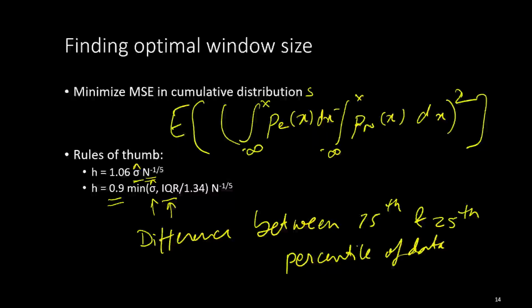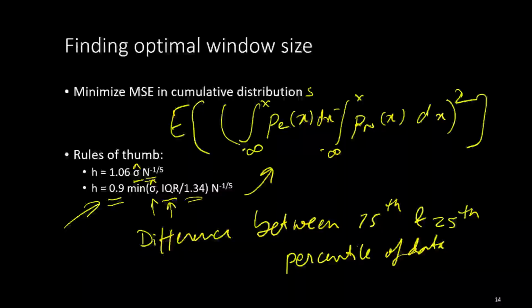This is all for one-dimensional functions. So we take that interquartile range and divide it by 1.34, and we take the minimum of the two, and then we use this. The reason this one is sometimes used rather than the other one is that it takes into account if the distribution is skewed, not symmetric around the mean. Then we can use this interquartile range, and it gives a better estimate than the other one, which is based just on sigma. Basically these are derived by trying to optimize what I've shown above.